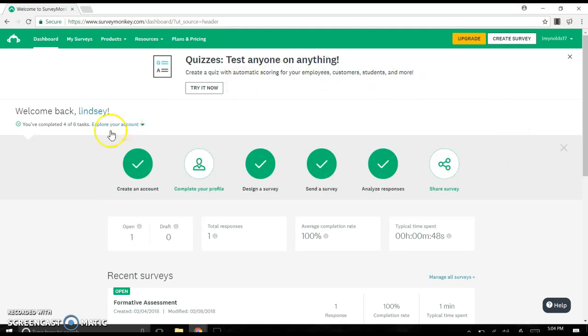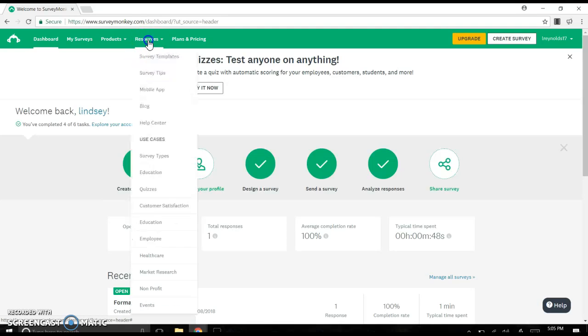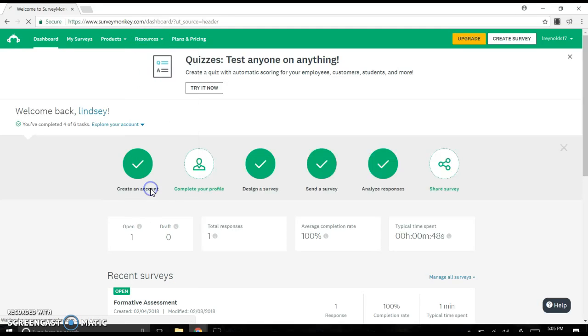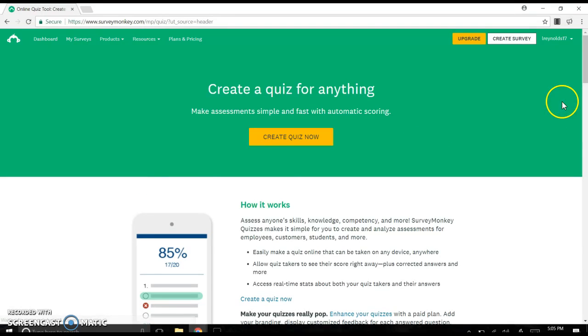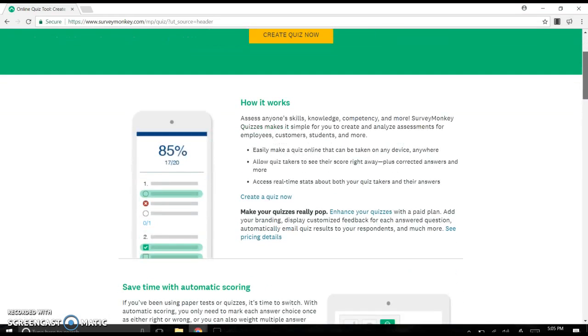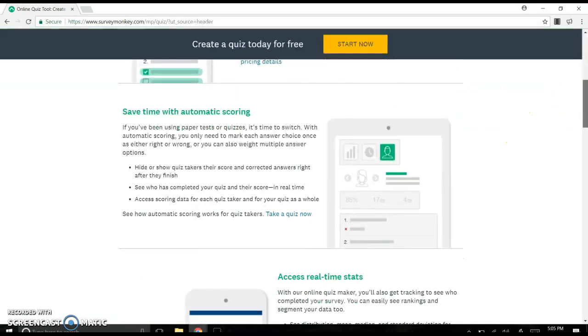But right here, we're on the screen, it's your dashboard. It's a free website that you can create and log into. And what's cool about this is it creates surveys of any kind of your choice or quizzes. So if you go under here in the resources down to quizzes, you can create a quiz for anything that you want. And then it explains to you how it works, what it does,